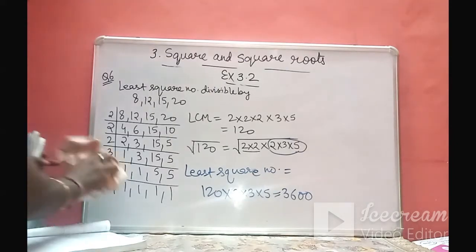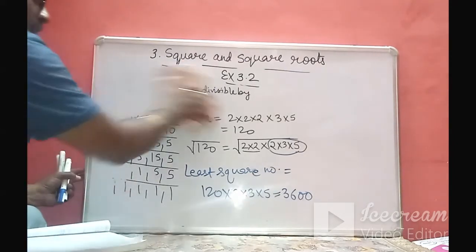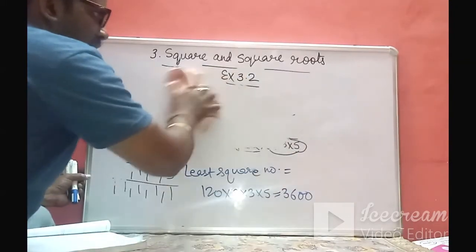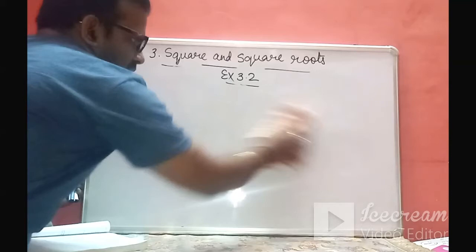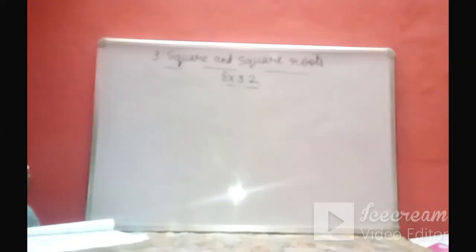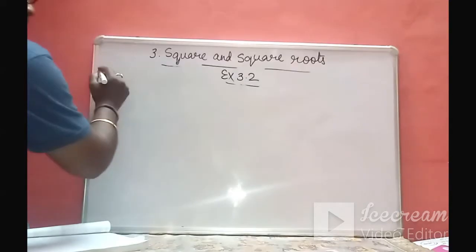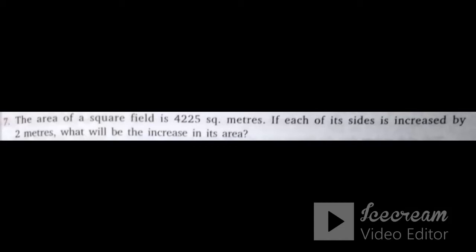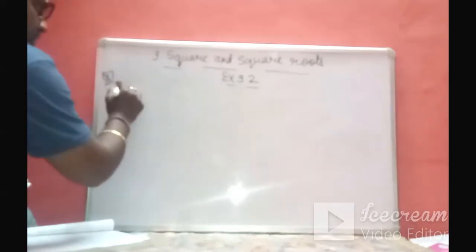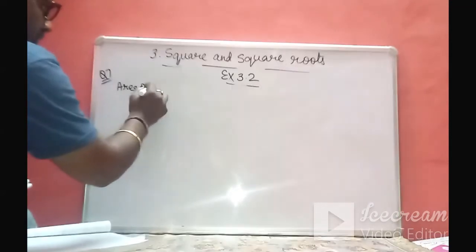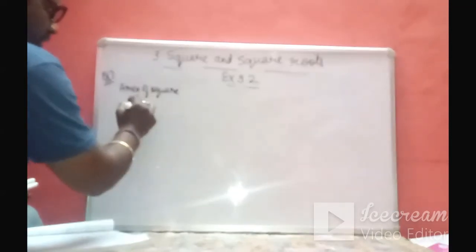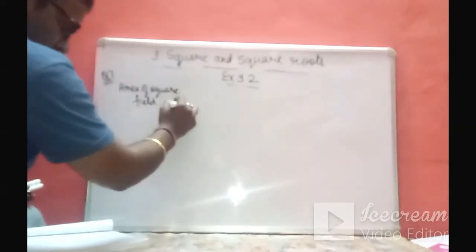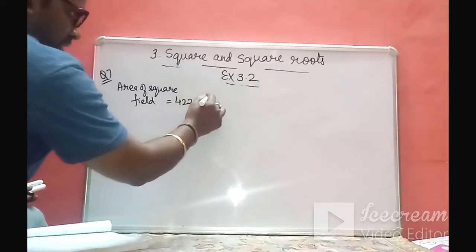Okay, now question number 7. Let's see question number 7 now. Okay, so in question number 7, the area of a square field is given. The area of the square field is given as 4225 square meters,